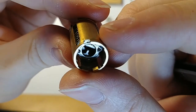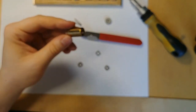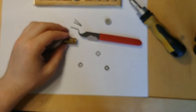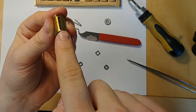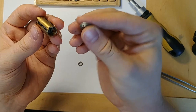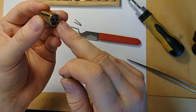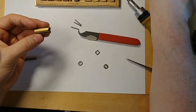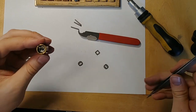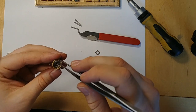So why does this lock actually have 3 sidebars if it's just about getting one sidebar right and the others are exactly the same? That's because the sidebars are not against picking, they are against drilling and forceful attacks. So if there's one sidebar, I could drill through this hardened metal plate on one side, and then I could turn the lock freely. But then I will still have 2 others that are binding up, so I have to drill the lock here, here, and here through the metal plate and the metal housing. So that's actually a really tough lock that is really well protected against forceful attacks, and it's also really well protected against